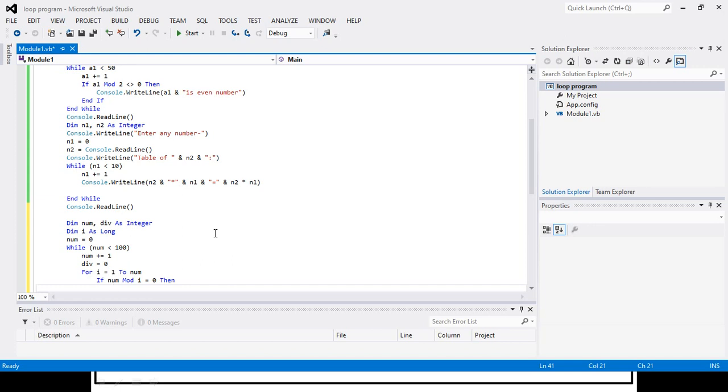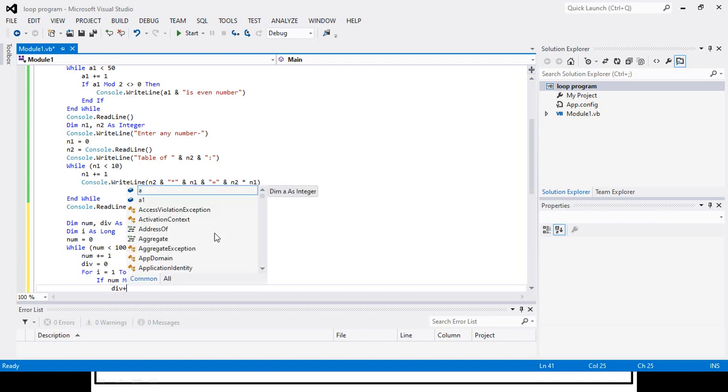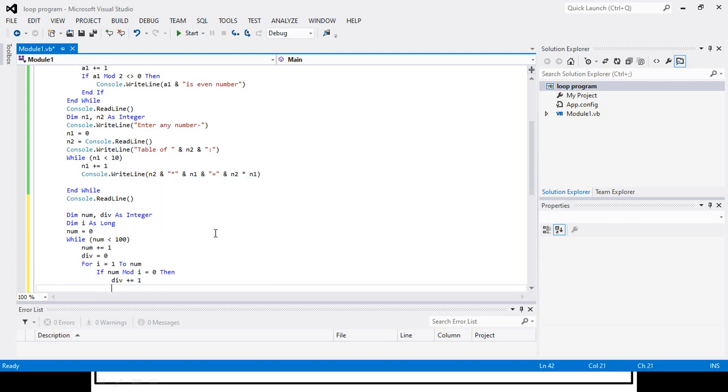So here I will increase the div value if it is divisible by that number, so div plus equal to 1. We will divide the number by numbers from 1 up to that number.